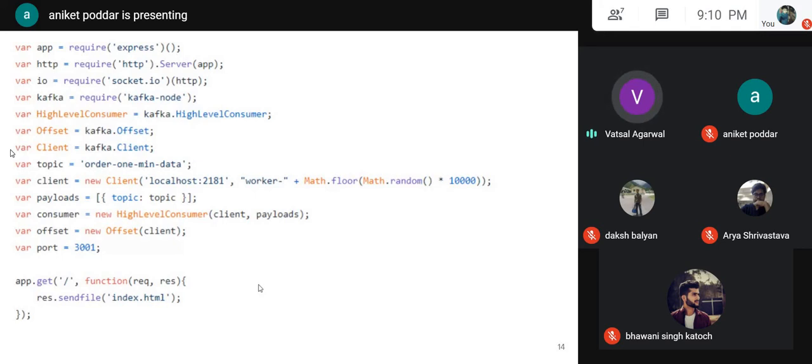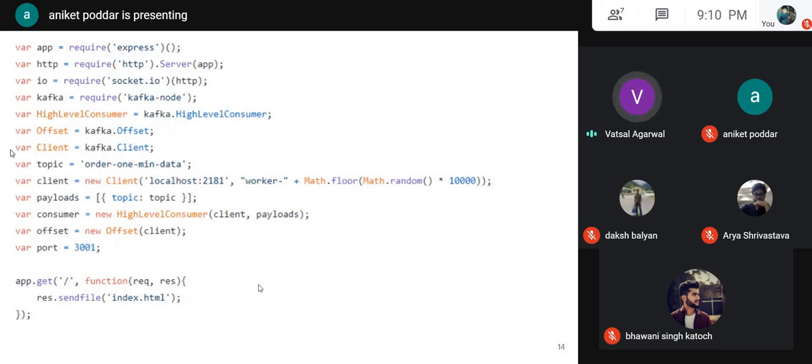So here is a snippet of the various modules, as you can see, like Express, HTTP, Socket.io, and Kafka Node. I would like to give a little intro about these modules. Express is used to create a server in Node.js. HTTP is used for the transfer of data following the HTTP protocol.